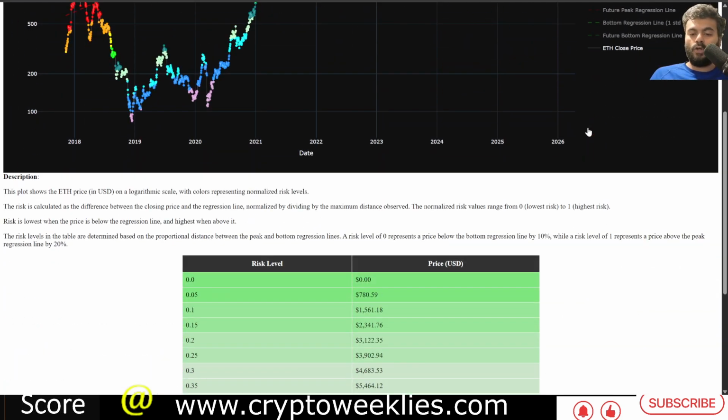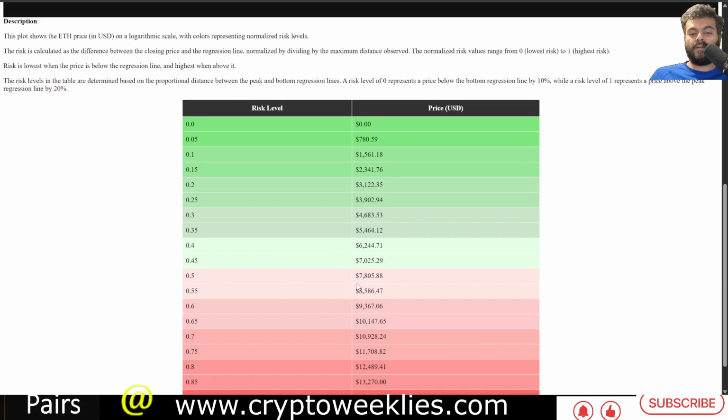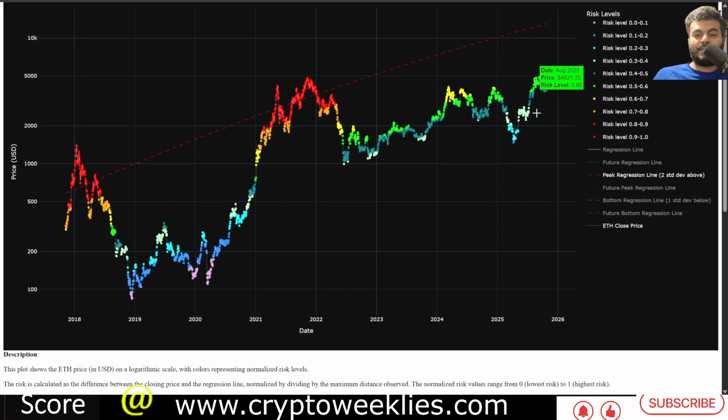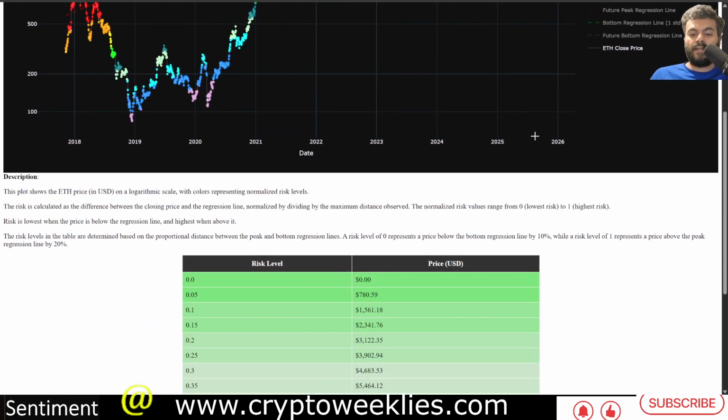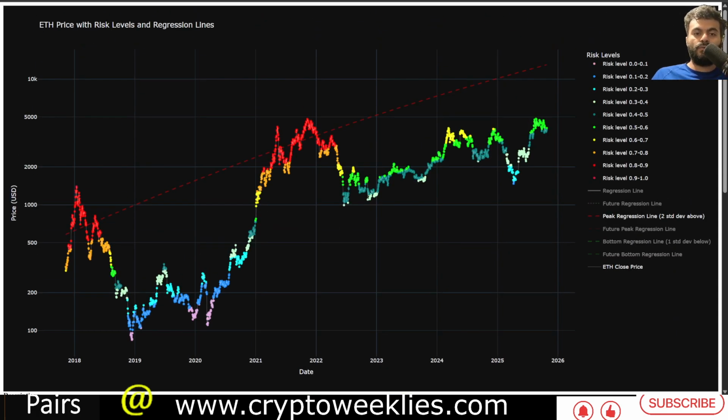If we go by that logic, and if we say that whenever the price hits an intermediate risk level between 0.6 and 0.7, the rally could be over, that gets the price action close to $9,400, and between $9,400 and $10,900. Historically speaking, the price ceiling for ETH for this bull run, the risk went as high as about 0.78, and then in August 2025 at 0.66. So with a slight decline to close to 0.6, the price could be somewhere close to $9,400.